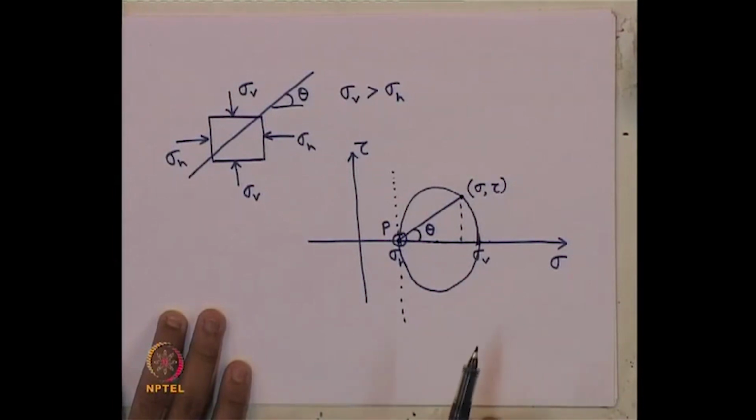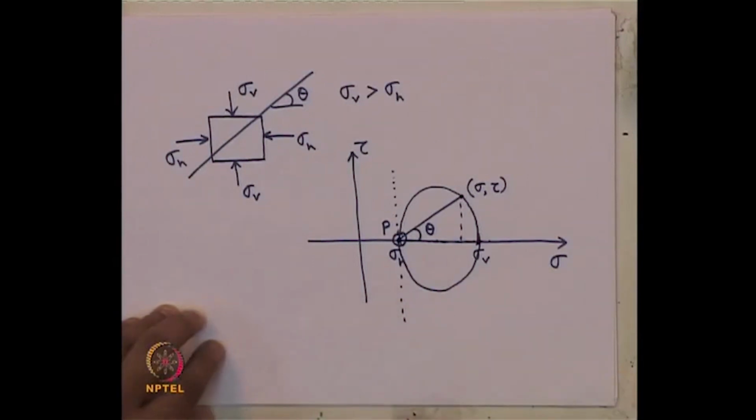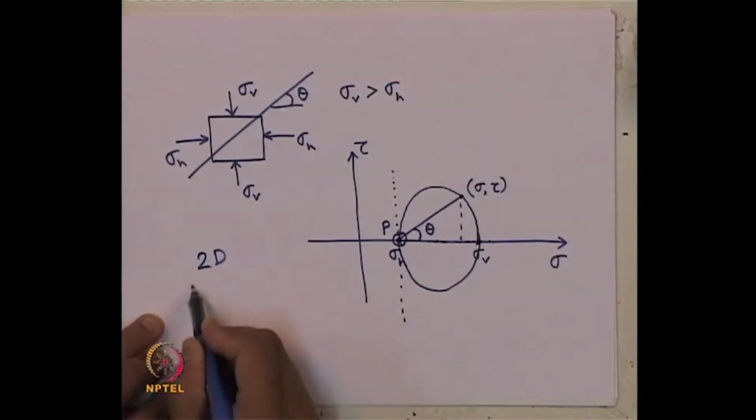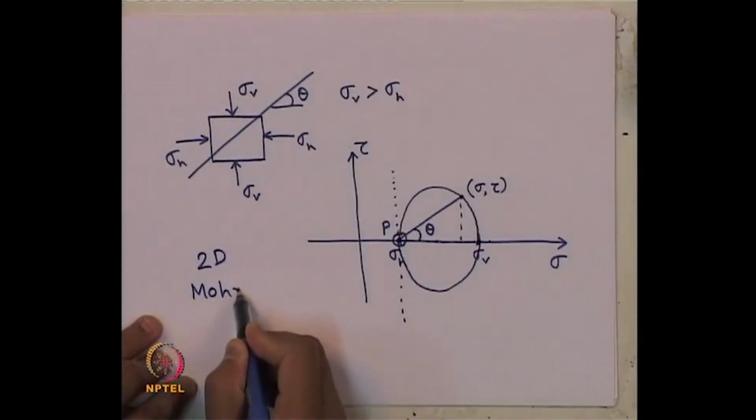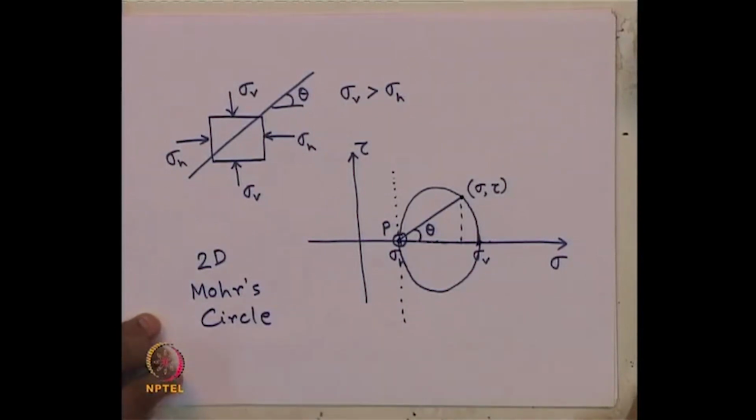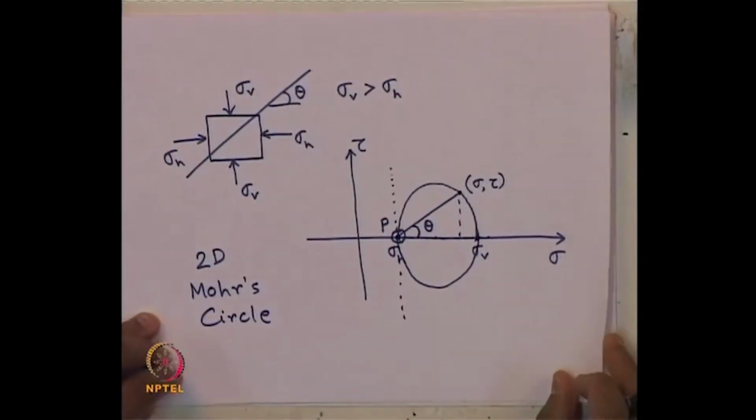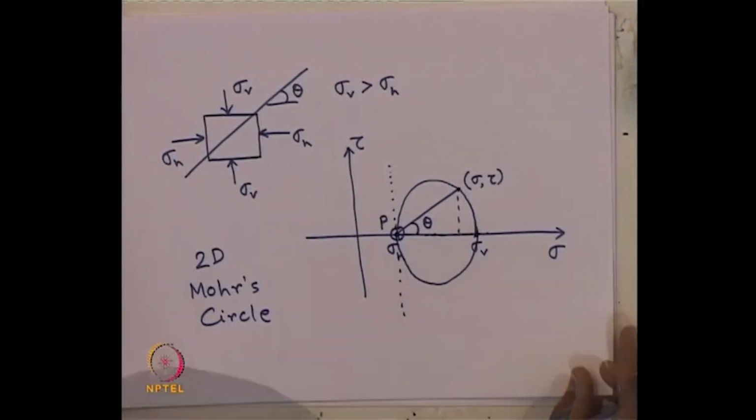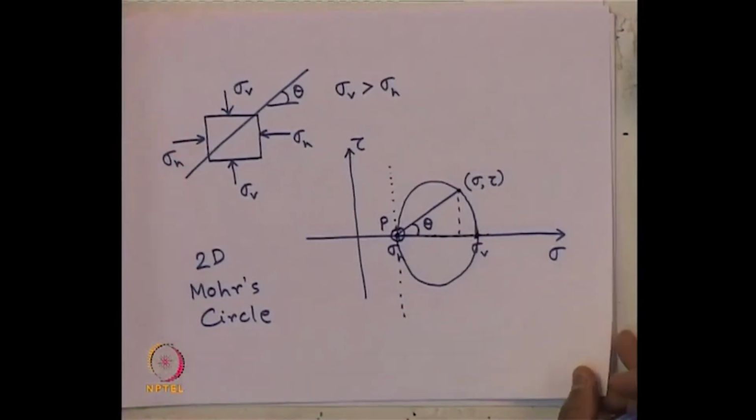Why is pole so important? This is the reason: graphically, in a very easy way, using the 2D Mohr circle, we can obtain the stresses on a soil element very easily at any inclination. Suppose we have another soil element